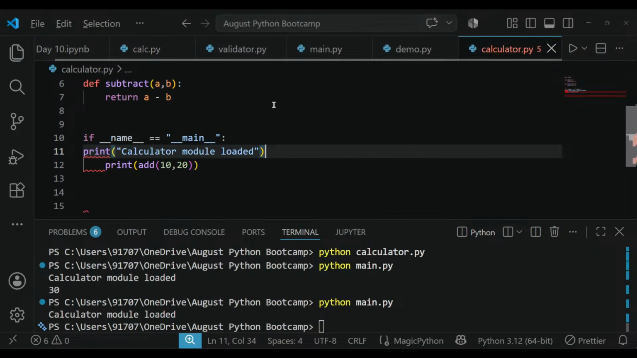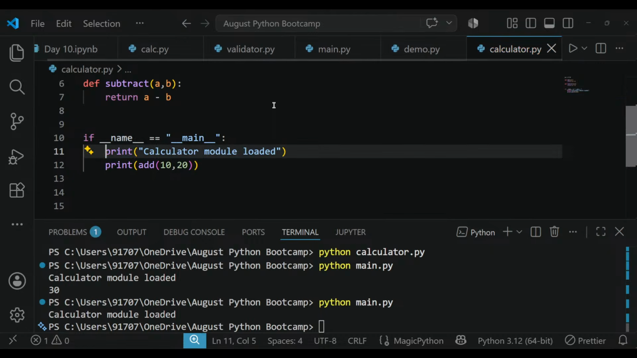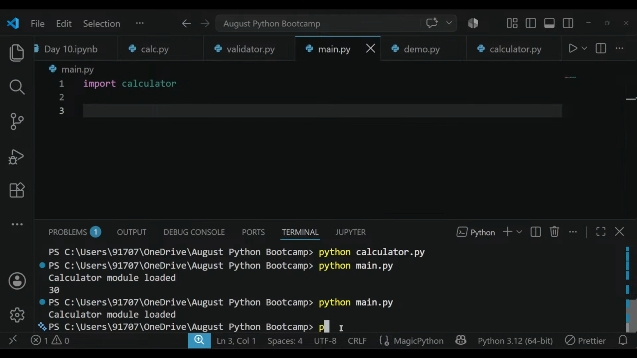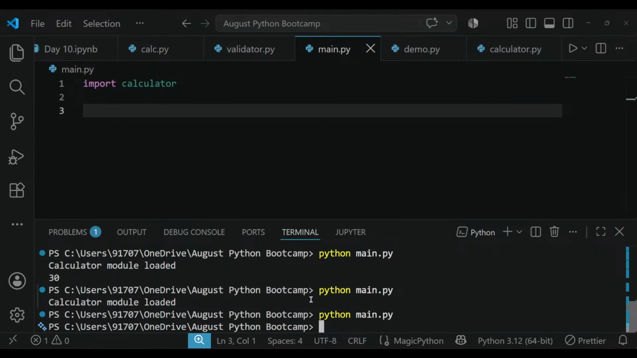Okay, my bad. I have to keep this here. I should keep this here. Now I should go here, and now when I execute my main.py, you'll get